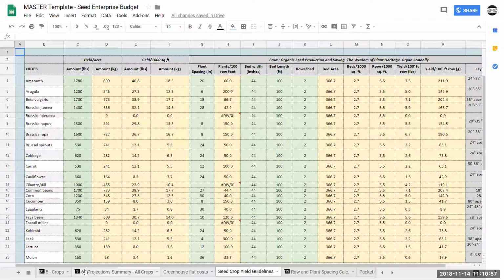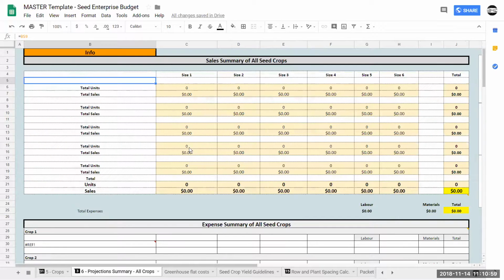So the next tab here is our summary. This is actually just being revised because we've added some more crops. But once we've put in a bunch of crop data, what we can do is this summarizes it up. So I can see that if I'm growing 3 or 4 different crops over a season, and these are my expected sales, this breaks down how those sales are going to look in terms of packet sizes and how it's going to look in terms of revenue. So this allows you to see in one place how that all summarizes instead of being very fragmented.